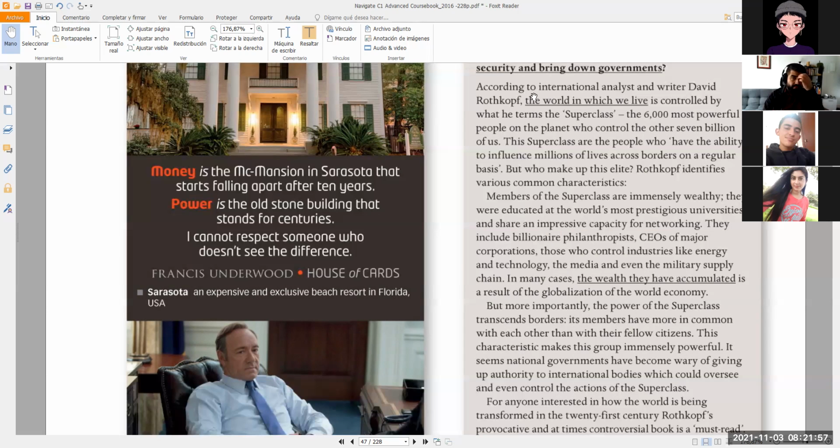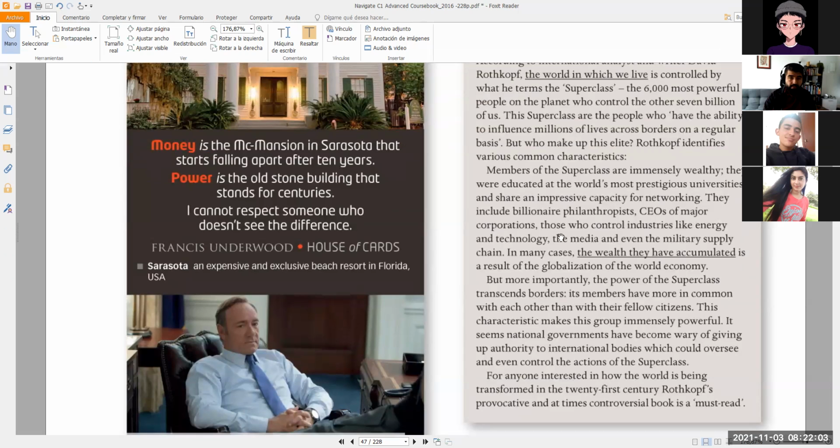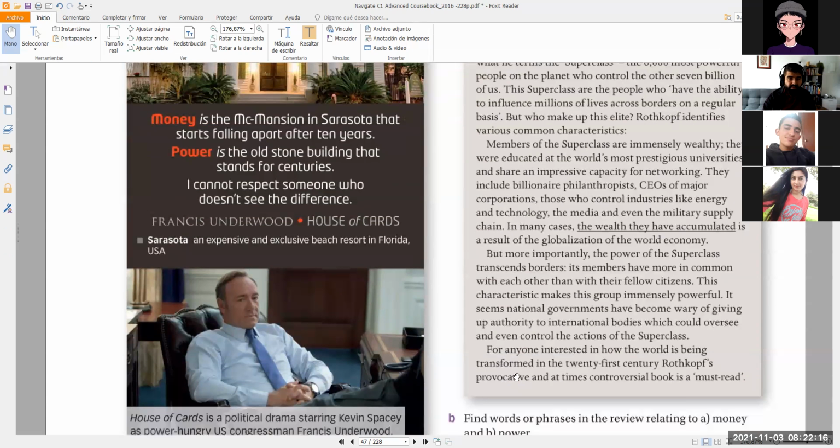Yes, Valeria? Yes, teacher, can you scroll down? Become wary of giving. What is wary? Okay, where is it? I'm super lost. Yeah, at the end of it. It seems national governments have become wary of giving up authority to international bodies which could oversee and even control the